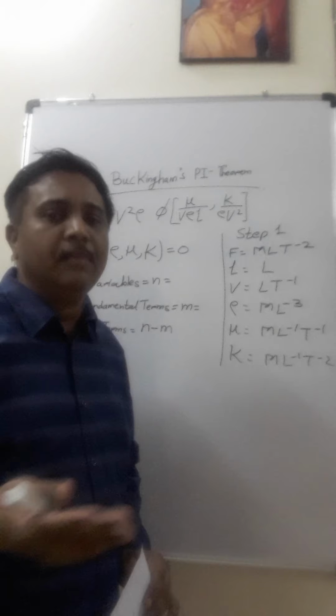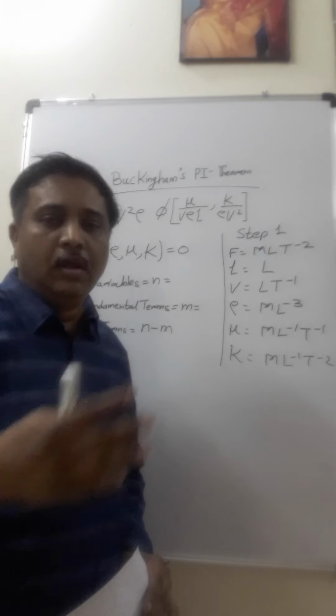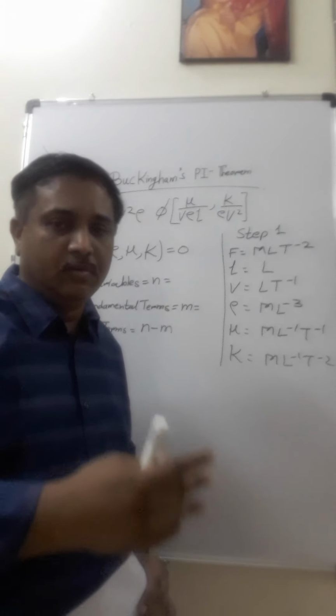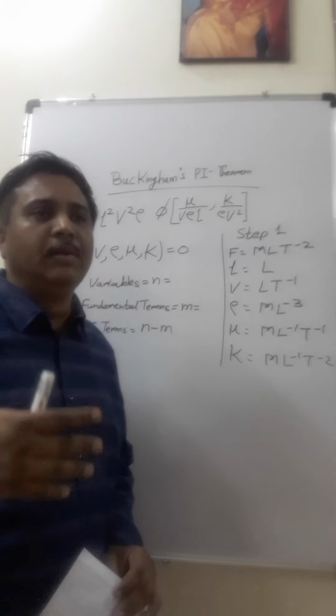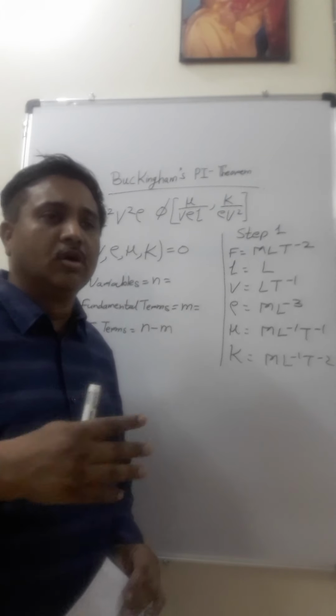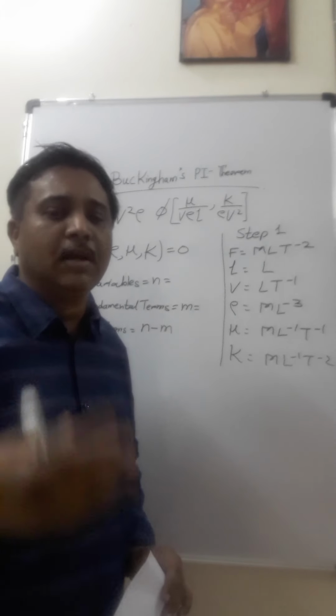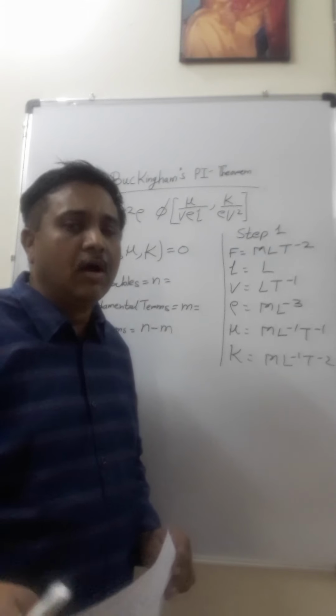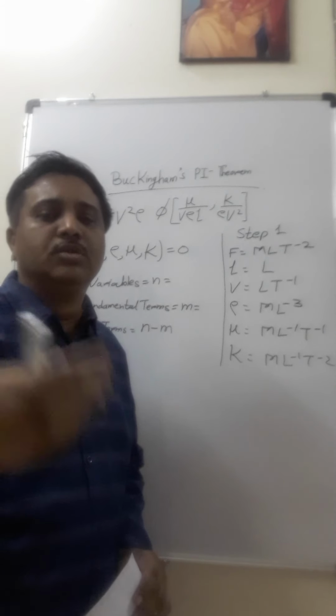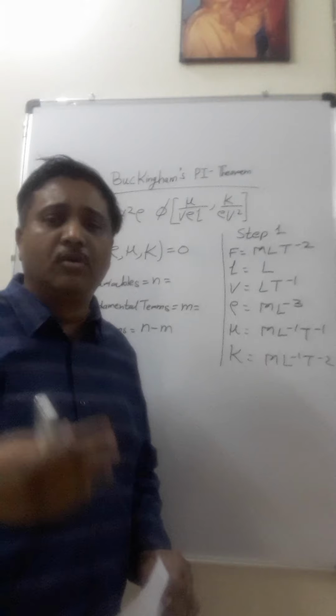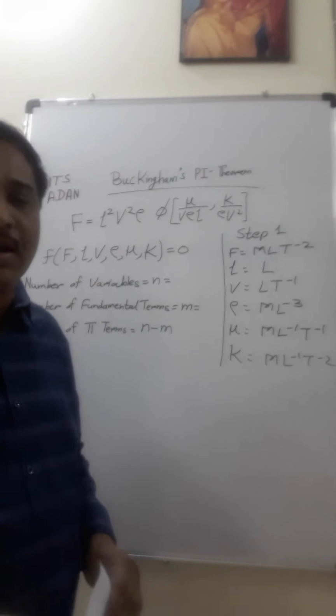When the number of parameters in any problem increases to more than 5 or above, then we generally prefer the Buckingham pi theorem, because by using the Rayleigh method it becomes a little bit complicated and cumbersome. Now I will be explaining using some numerical. I have already written some part of it because otherwise writing will take time.